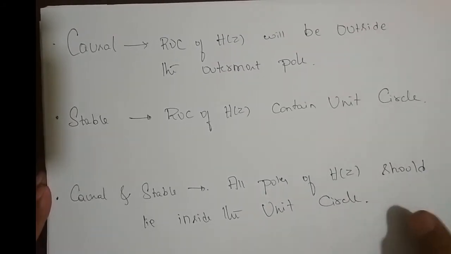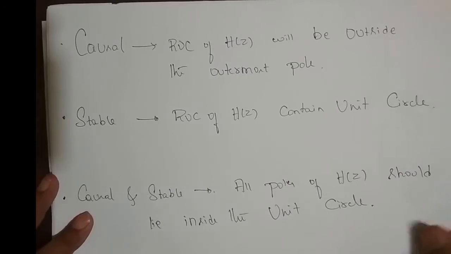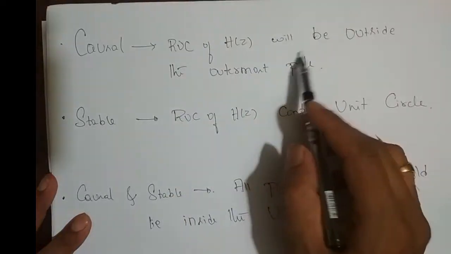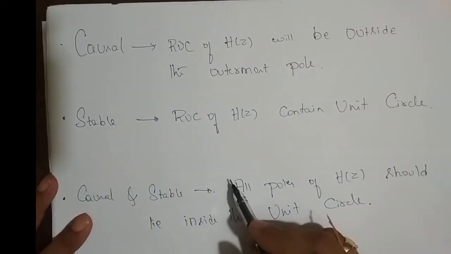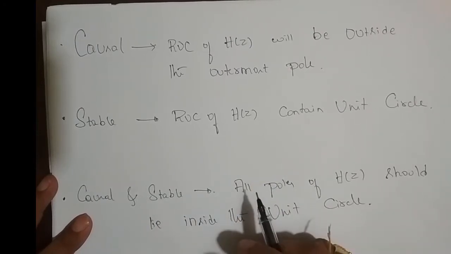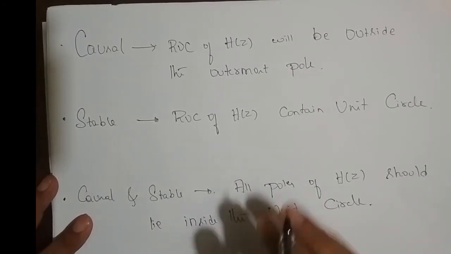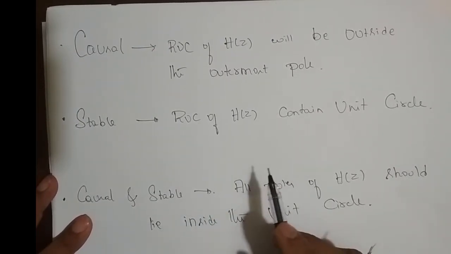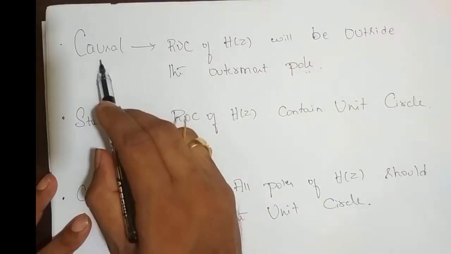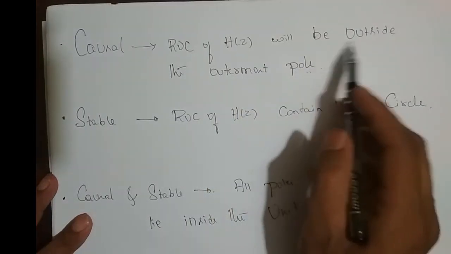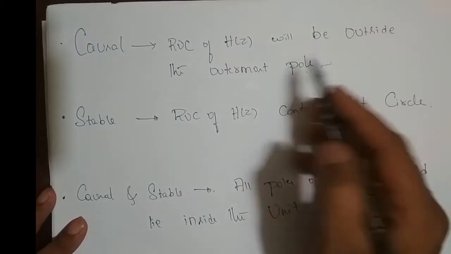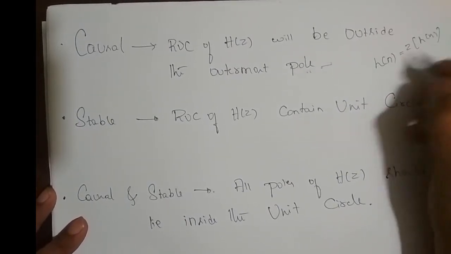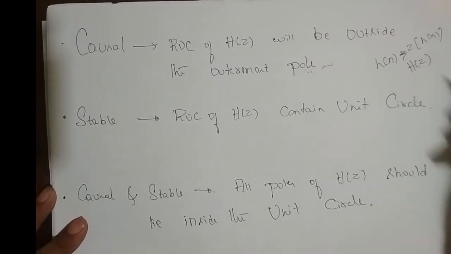Now we shall discuss system analysis in transform domain, in the sense in terms of Z transform. In Z transform, a system is said to be causal if ROC of H of z is outside the outermost pole. This we have seen in terms of signals also, right? Whenever the signal is causal, so causal signal is nothing but what? It's a right-sided sequence, infinite length right-sided sequence. Its ROC will be outside the outermost pole. So similarly, a system is said to be causal if its ROC of H of z is outside the outermost pole. Okay, and what is H of z? If you know impulse response, which is in time domain, if you take its z transform of h of n, you get H of z.